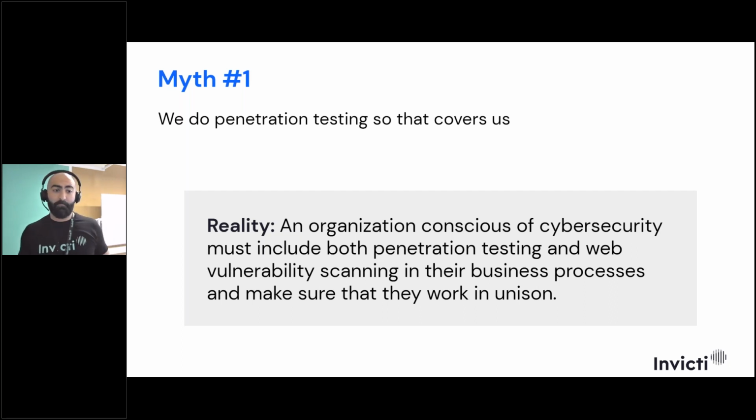But when it comes to other types of vulnerabilities and security checks, it is good to have a DAST solution, a dynamic testing tool, in order to eliminate all these time-wasting tasks.